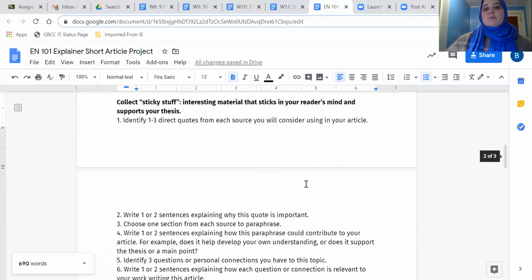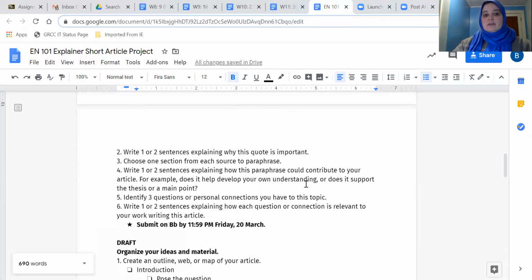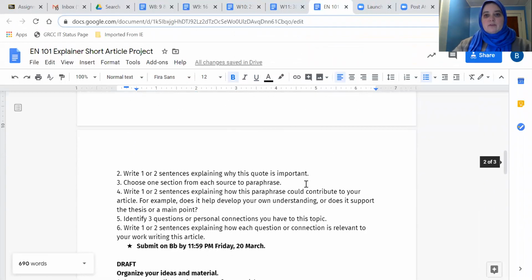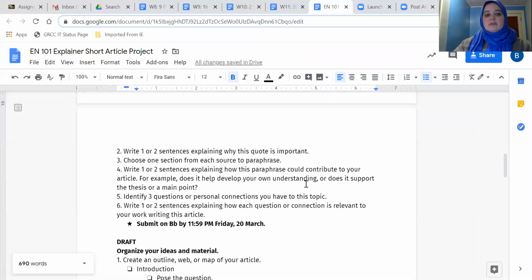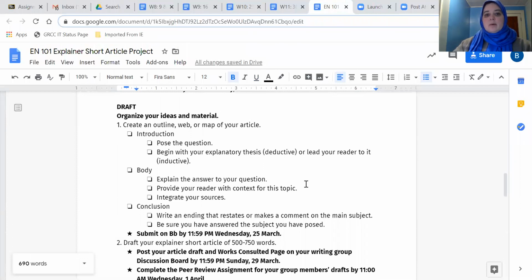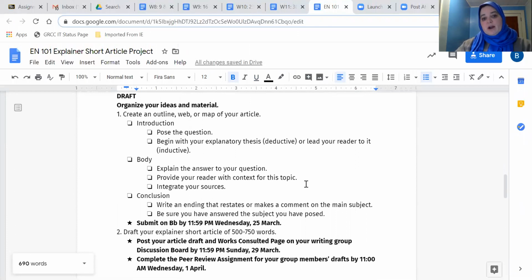The next step is going to be getting that sticky stuff, the supporting material that you need. There's an exercise here. It is also in the agenda, I think on Wednesday. So that's something that you will be doing using your articles to collect your material. And then you will reach the drafting stage. And that's where you're going to start organizing your ideas and materials. We're going to create an outline or a web or a map of the article that you want to write,